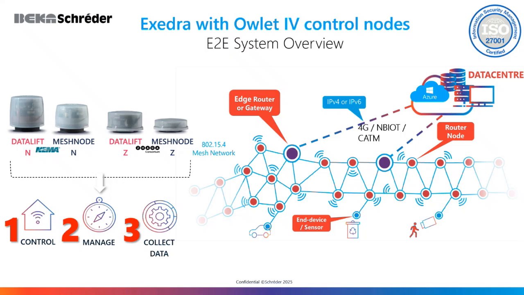Yeah, so let's delve into a bit more of the physical stuff, what makes up the control system and the hardware. So for Exedra to be an end-to-end management system for all your assets, we use the Owlet 4 nodes, which is set into a mesh network. And we adhere to the 802.15.4 network protocol, which is a standard of wireless personal area networks that is designed for low data rates and low power devices. So with the nodes connected to a light through the NEMA or a Zhaga socket, as you see,